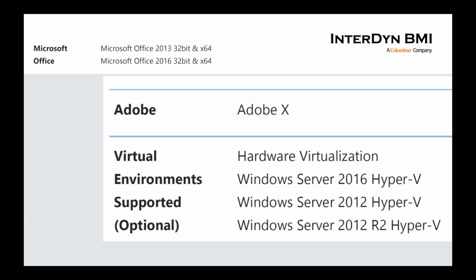A few extra things. Way up at the top left there, Microsoft Office 2013 and 2016 will be the two versions that are supported. Lots and lots of people still run Office 2013, and it's getting a little bit old, but it is still fully supported with GP 2018. If you have an older version of Office, Office 2010, for example, it'll still work, but there could be some things in GP 2018 that you're not able to do because it was built to work with